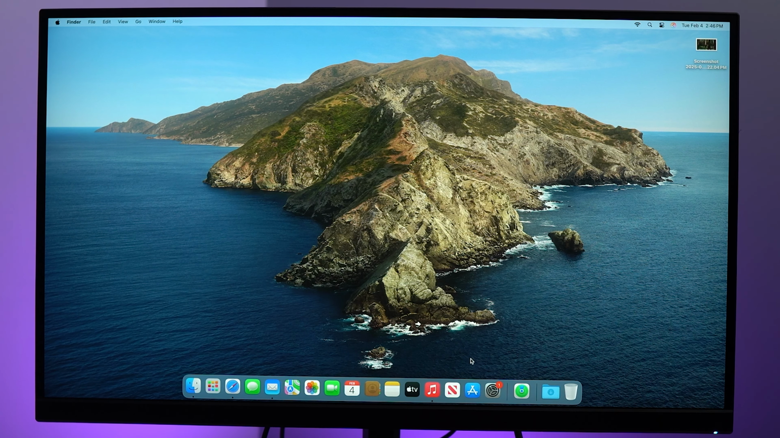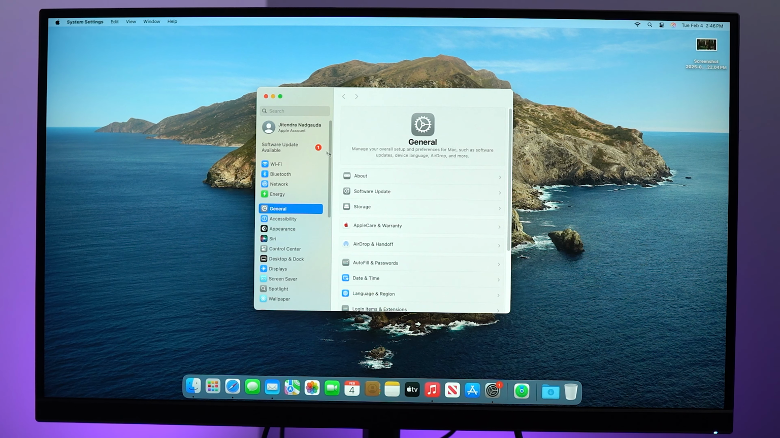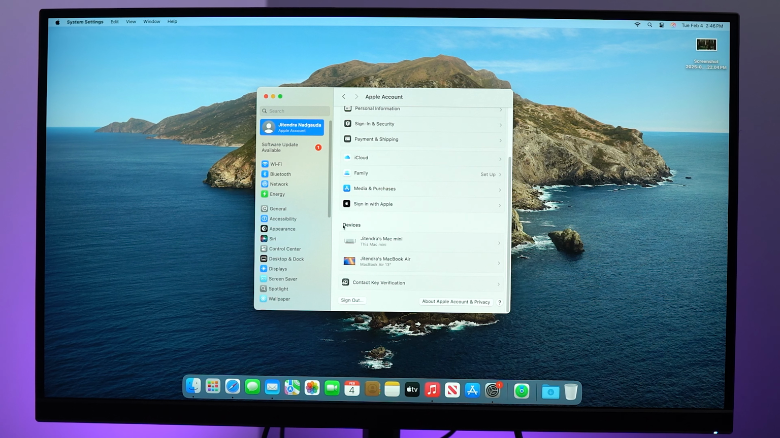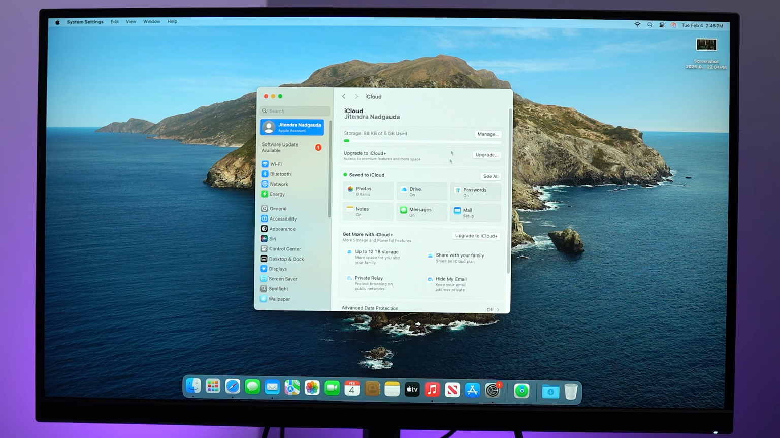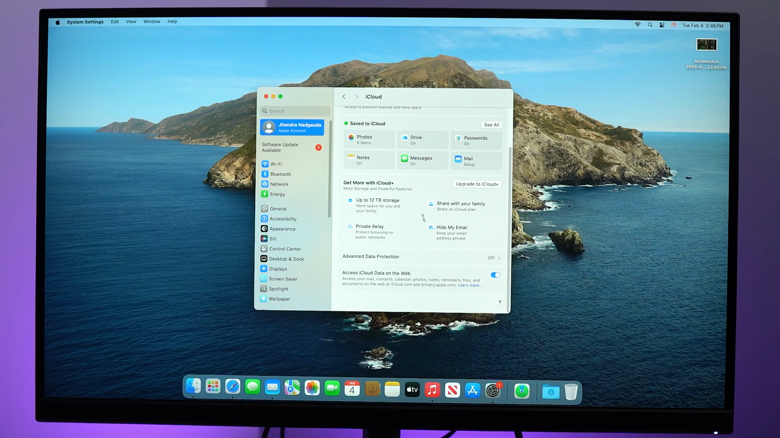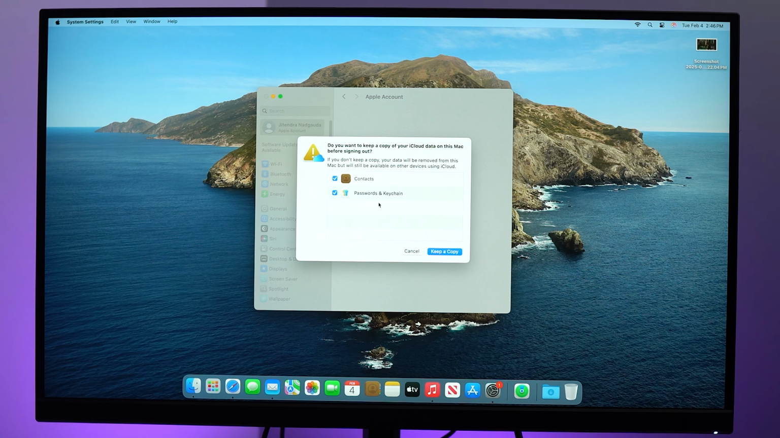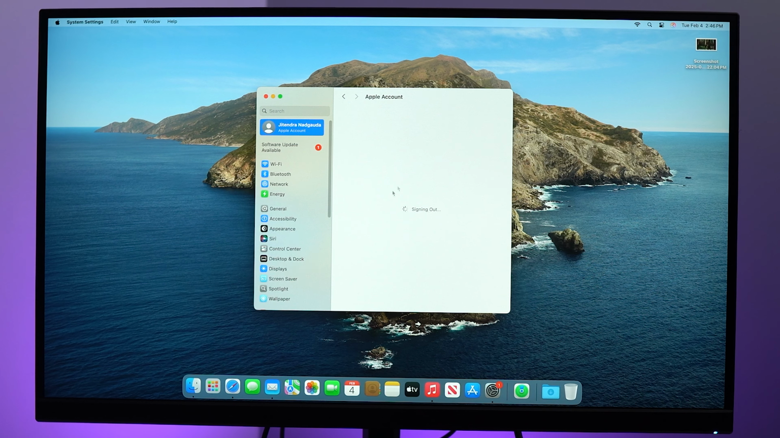But you also have another option, which is to go to System Settings, go to your Apple account over here, and then you can scroll down, and here you can see all the devices that you have, and here you have an option to sign out. If I click on iCloud over here, you can also see all the iCloud data that is being backed up. So you can make sure that you are signing out of all of those. You can click on sign out. So here you can see I have contacts and passwords and keychain. I can say keep a copy, or I can just unselect them, continue,